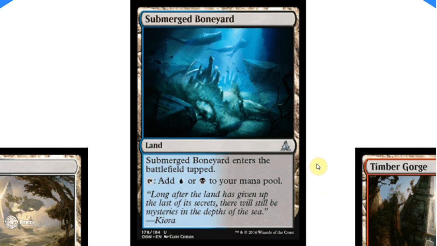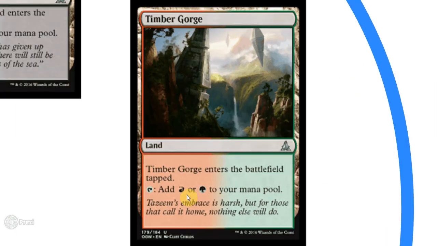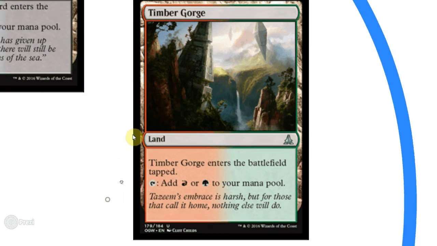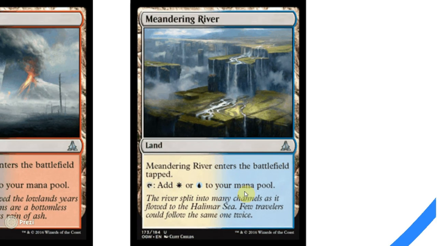I say that mostly for constructed purposes. I am evaluating these in limited, but they're wholly unplayable in constructed. They're actually pretty decent in limited. They are the allied colored lands, one in each allied colored combination. We have just five lands that don't do anything exciting, enter the battlefield tapped but fix for one of two